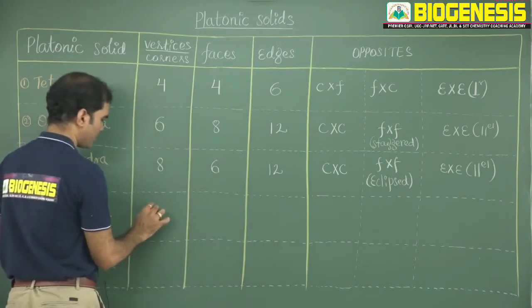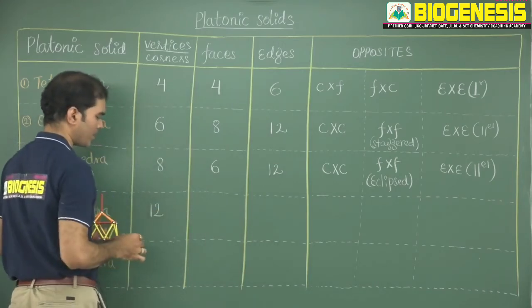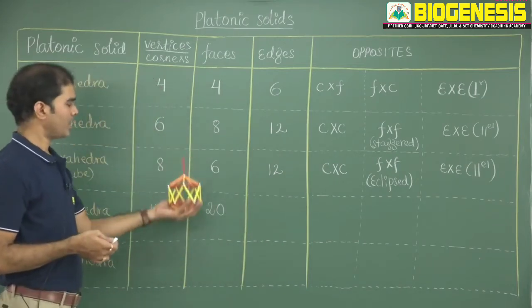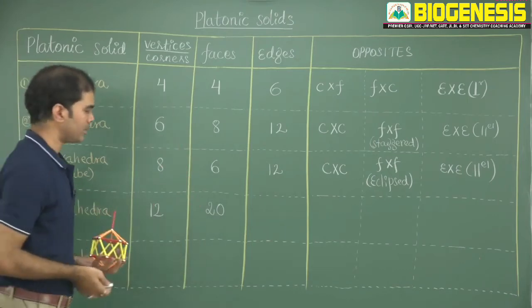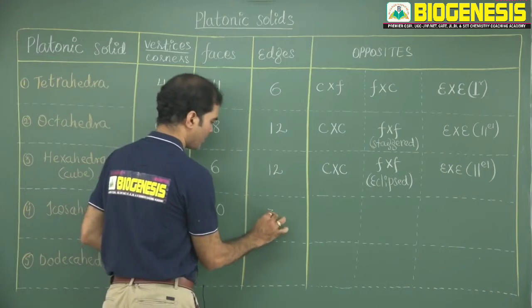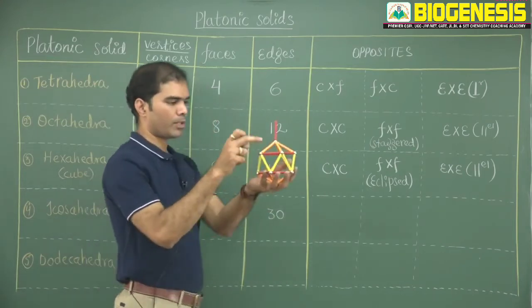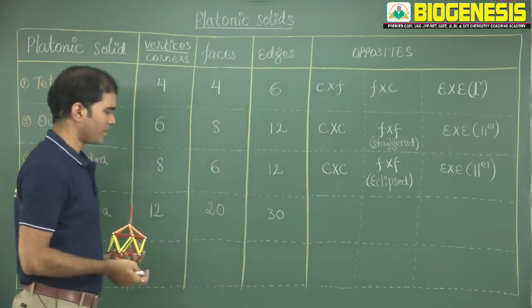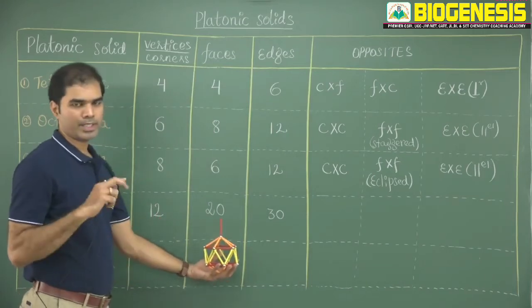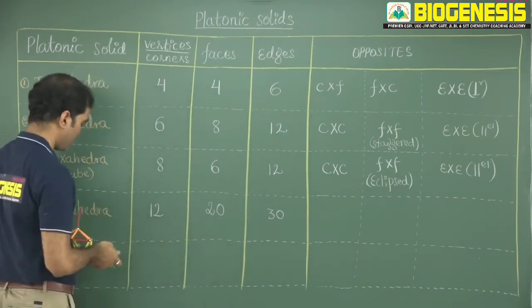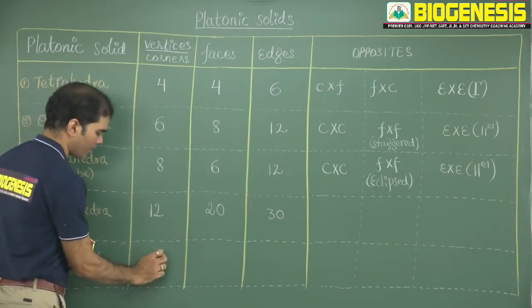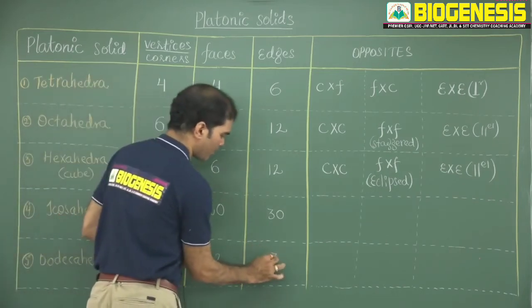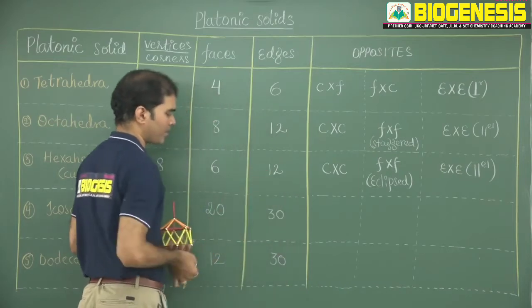Every face is a triangular face. For icosahedra, there are 12 corners or vertices, 20 triangular faces. Icosahedra means 20, that depends on faces. Name depends on face. 20 plus 12 minus 2 will be 30. If you can count all these edges, that will be 30. The conjugate of icosahedra is dodecahedra. Therefore, the vertices and faces, they will shuffle. Suppose if I choose dodecahedra, there has to be 20 vertices, 12 faces, and the number of edges will be the same as that of its conjugate pair.